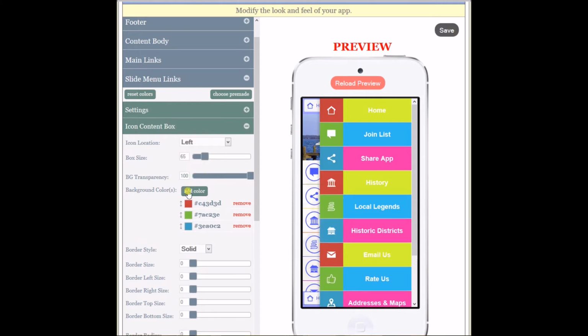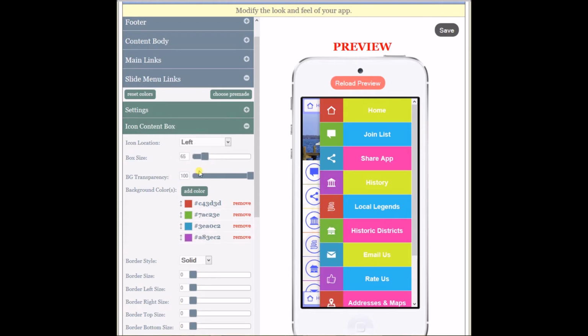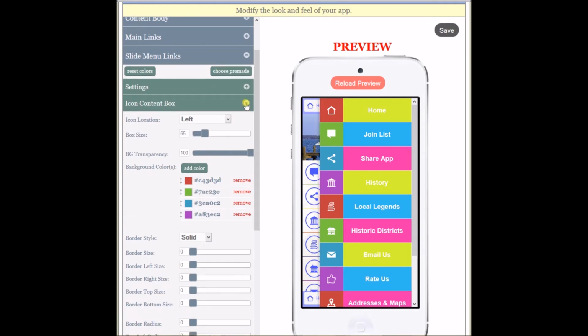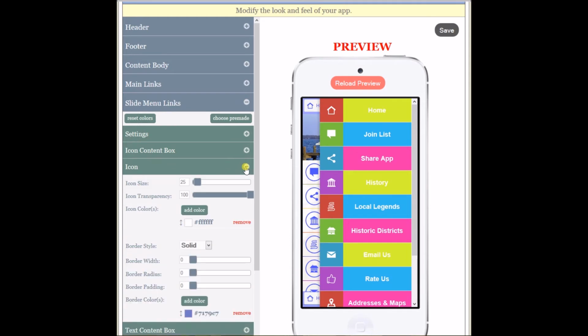Again, it's going in sequence. And let's add our last color. That's really colorful right now. We're going to fix all that up in just a second here. So then we need to go to Icon itself, and we want to,